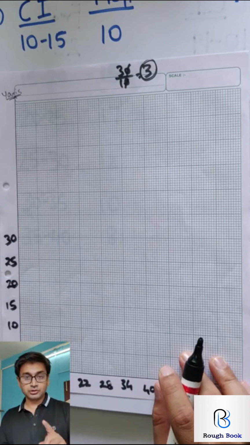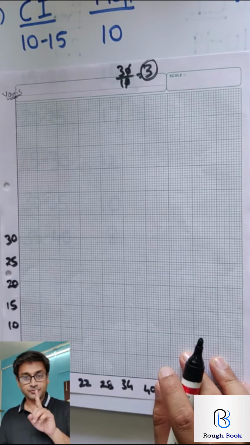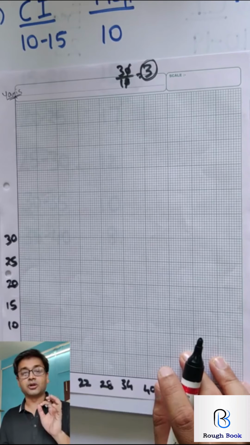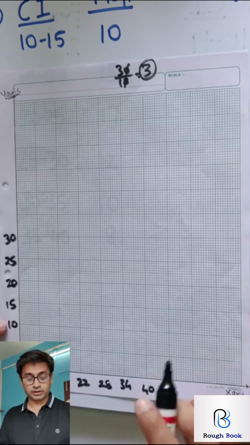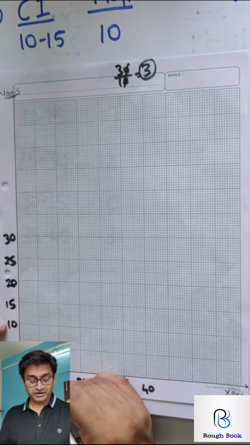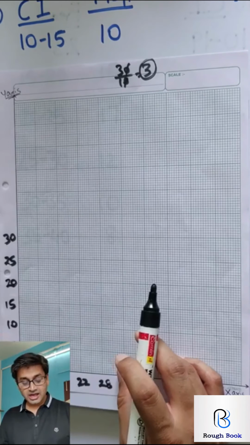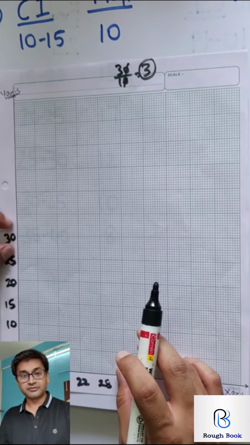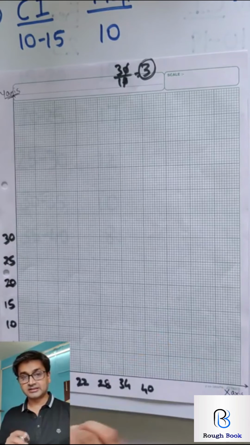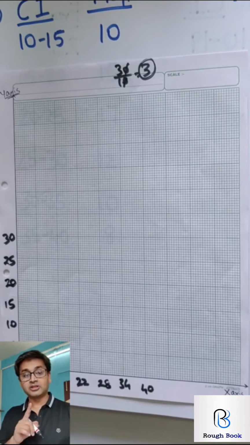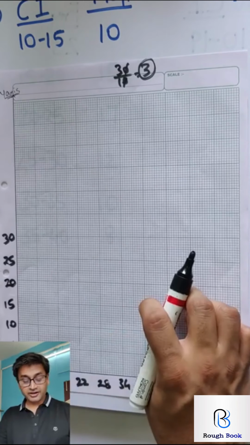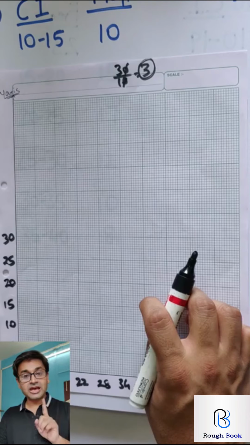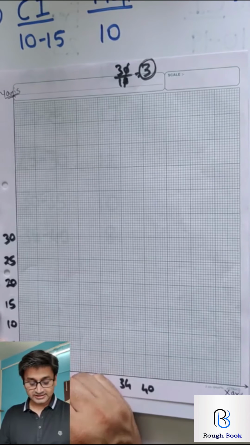Now before we start, you need to always take care of one thing throughout this chapter, that is something called as kink. Now what is kink? Kink is a solution. Solution to what? Here if you see 0 to 5, 5 to 10, 10 to 15, every block has a gap of 5. Is that the same case with x-axis? 0 to 10, so how much is the gap? 10. 10 to 16, that is 6. So now the gap is uneven. So whenever the gap is uneven, we use something called as kink.